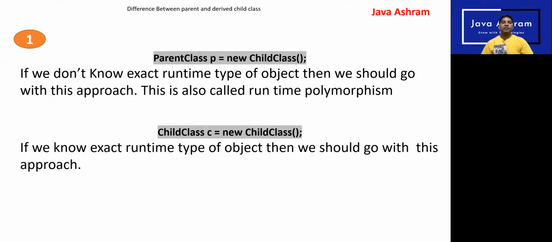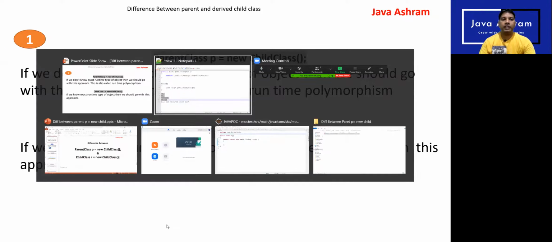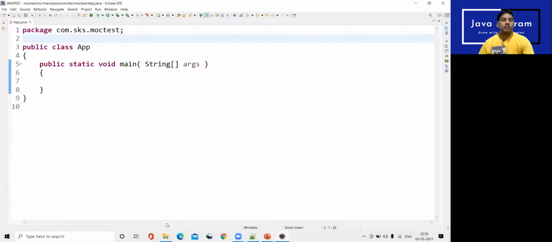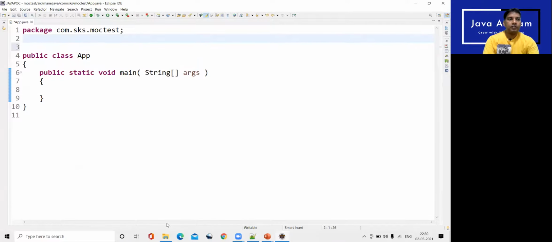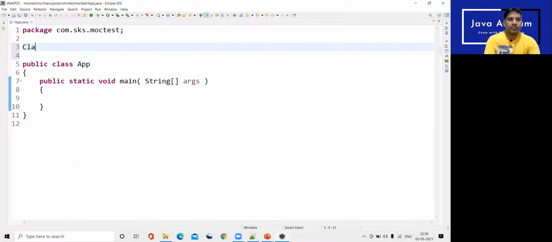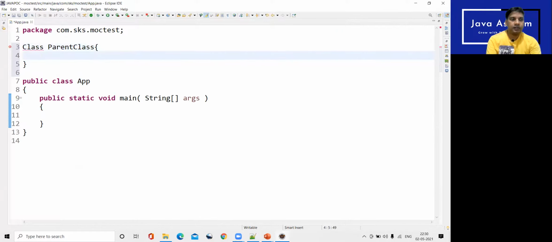Okay, and let me first give you the analogy. So let me take you to Eclipse. Okay, so this is the Java class framework. So let me code and create one parent class quickly, and here, public.